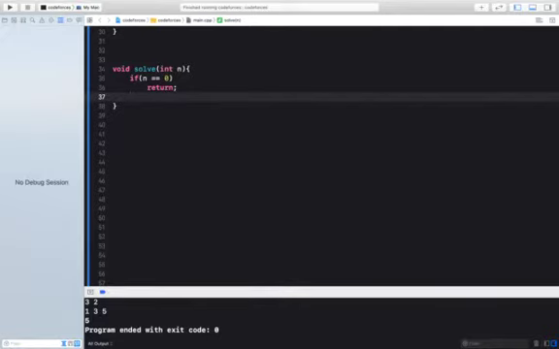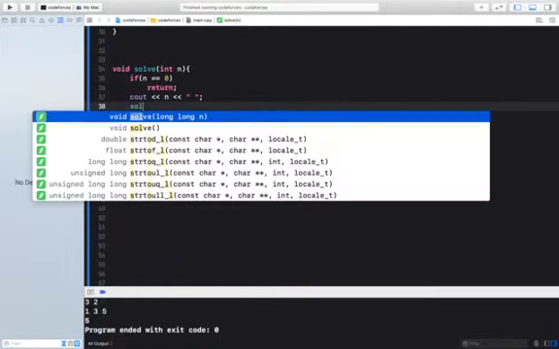Okay, if n is not 0, if n is anything else, for example from n to 1, then what we need to do? First of all we should realize that recursion works like magic. So we should write the code only for a particular case. For example, we are accepting solve of 5. So I will print 5 and I will call solve of 4. What I mean is that as I accept 5, I know that solve of 5 will print all natural numbers from 5 to 1. What I will do is print 5. What is 5? Actually it is n, and I will call solve of n minus 1.